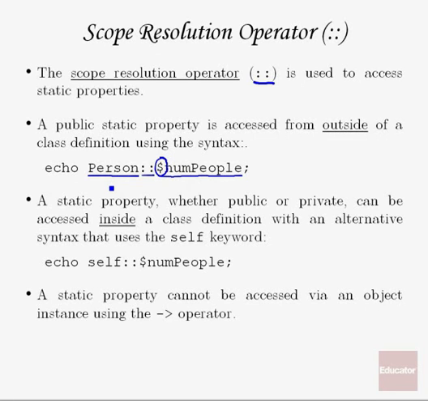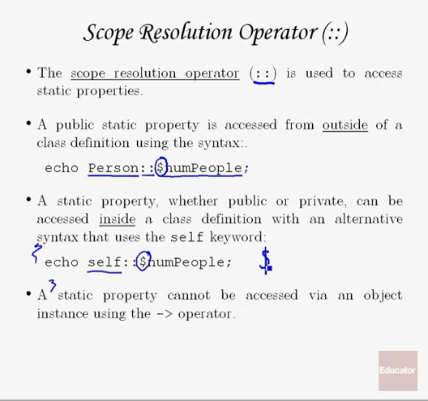In addition, if you're trying to access a static property from within a class method, for example, you have a method defined within the person class and you want to access this static property, you do so using the keyword self. So if this was within a method in a class definition, in order to access the numPeople static property of this class, you would say self, then two colons followed by the variable name, and again, you include the $ sign, which is a little different because